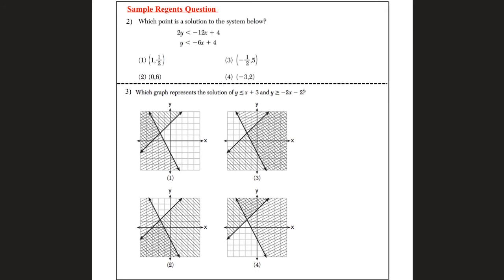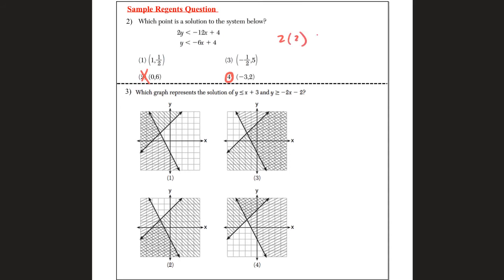So if I plug in 0, 6, that's not going to work right away. So 2 is out. If we plug in choice 4, that looks like it's going to work. So that worked out kind of nicely. I was choosing the ones without the fractions in them. Let's just quickly